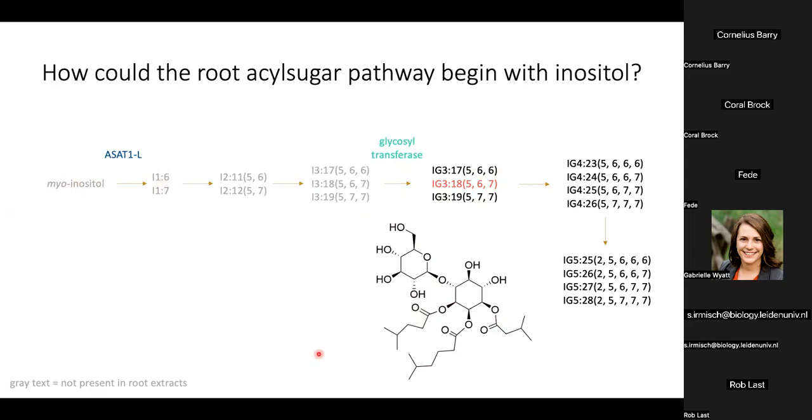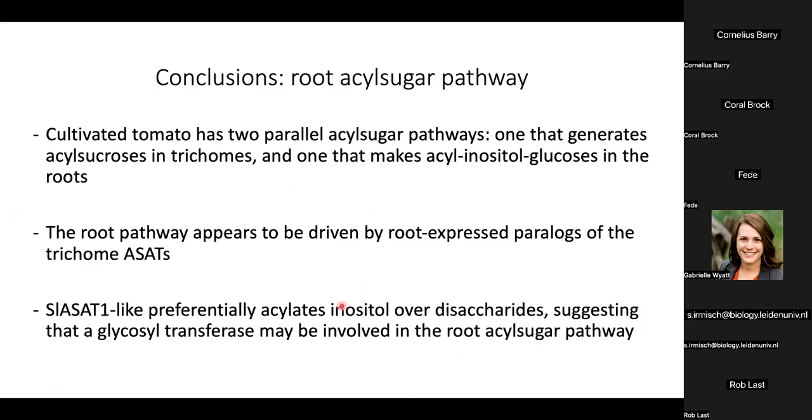I'm actually going to move on now in the talk to another investigation into ASAT1-like activity, but I do want to say that we have some pretty good hypotheses about the enzymes that are involved in this bit of the pathway, and it really does seem that this triacylinositol is the intermediate on the way to making these final acyl sugars. So to conclude this part of the talk, interestingly and surprisingly, tomatoes make acyl sugars not just in the